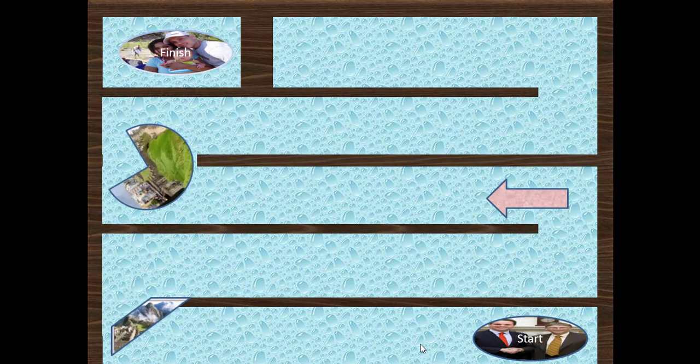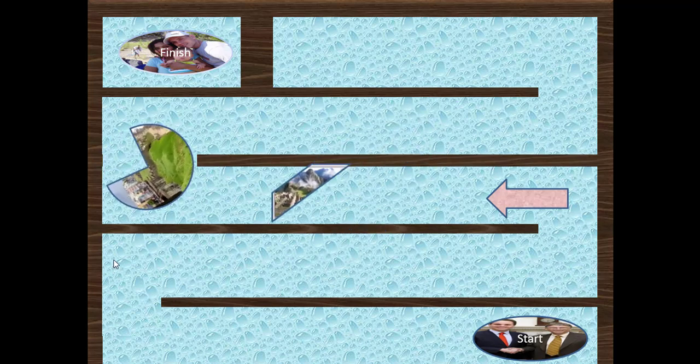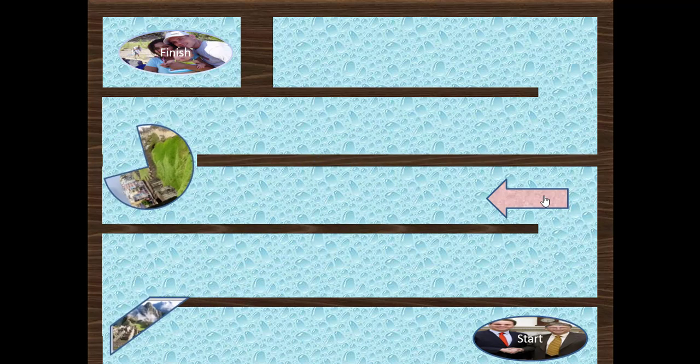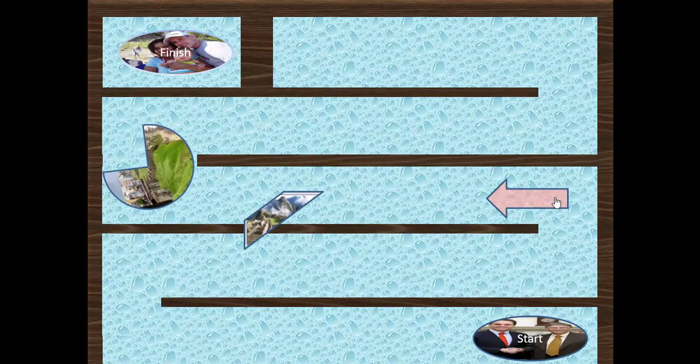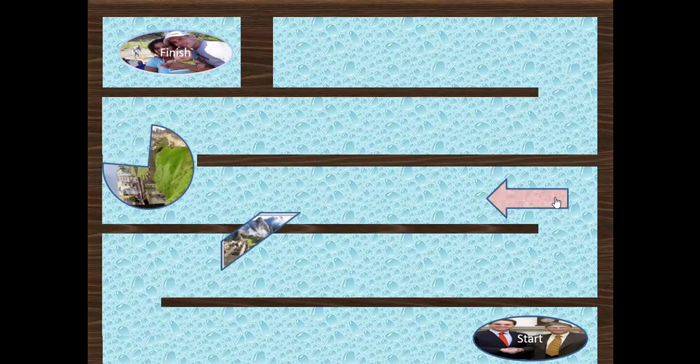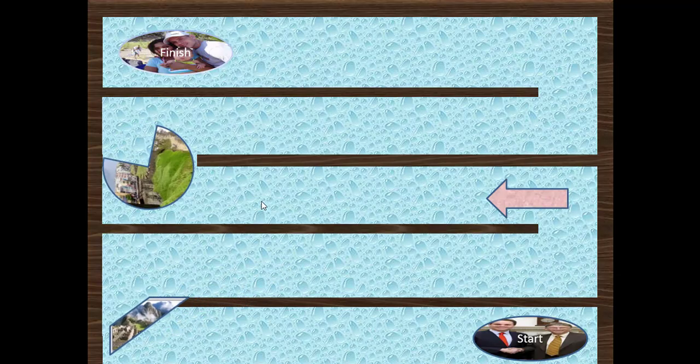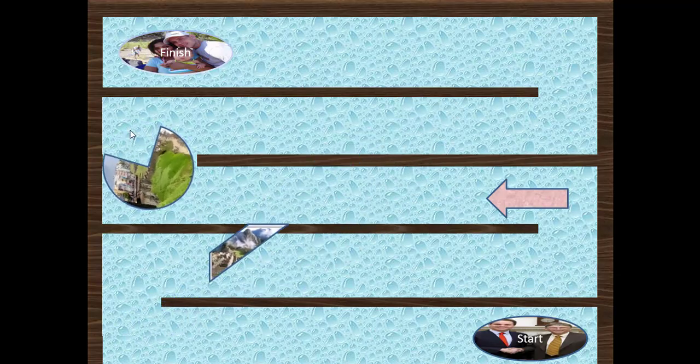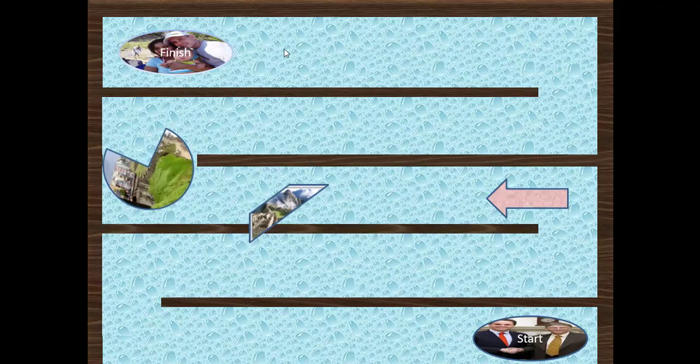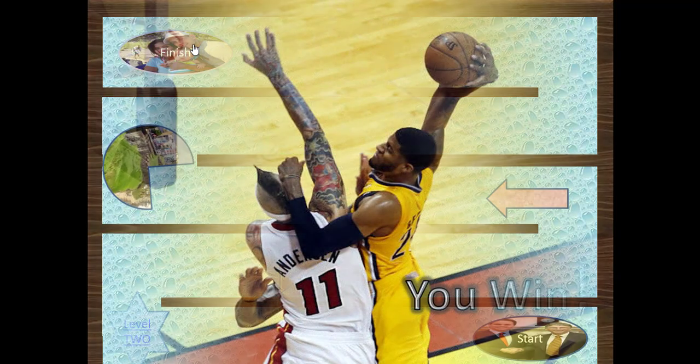And I have to move my mouse around to try to avoid the obstacles like the spinning object, the flying object in the background. And then I need to click this arrow because if you look at the finish, I have something blocking me, so I need to get rid of that blockade. And I'm going to continue to carefully try to get through, and then if I do get to the finish,